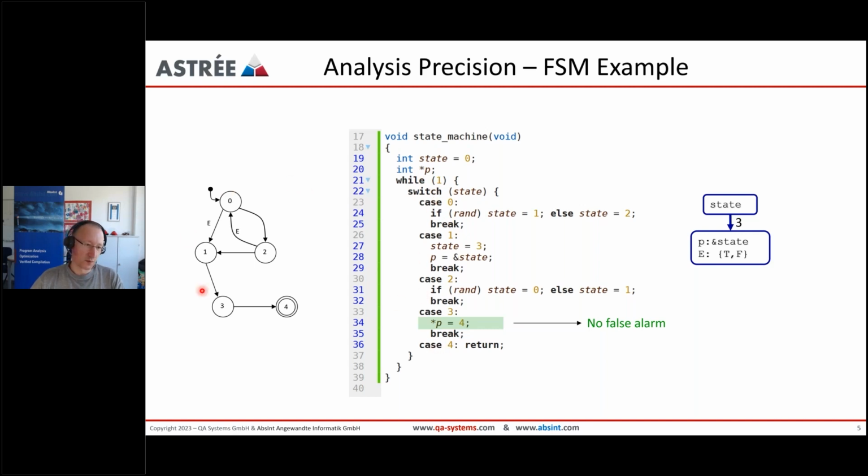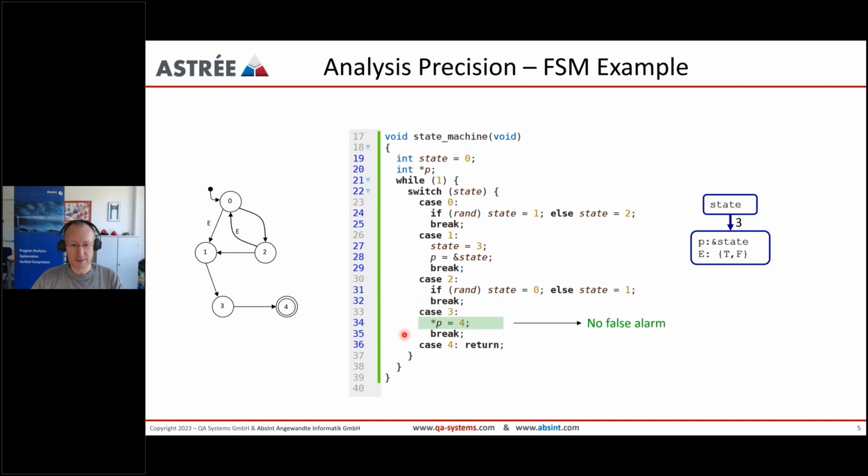It's much simpler if you look at the automaton structure. So you see, okay, from state 0, you can go to state 1 or state 2. From state 2, you could go back to 0 or into 1. And you can also see at a glance that when you're in state 3, then you must have been in state 1 before. Now, let's look at the code here.